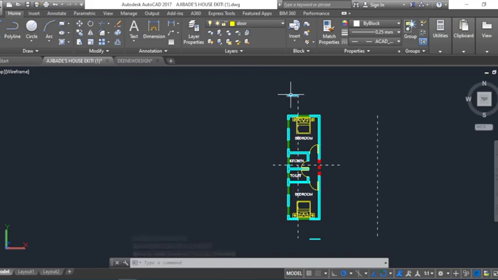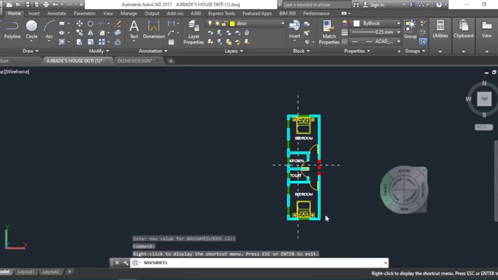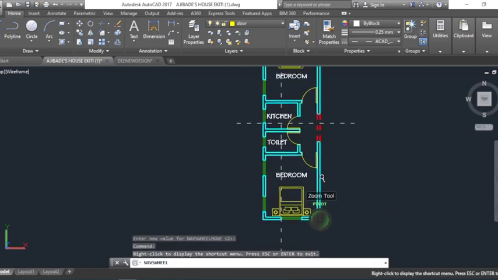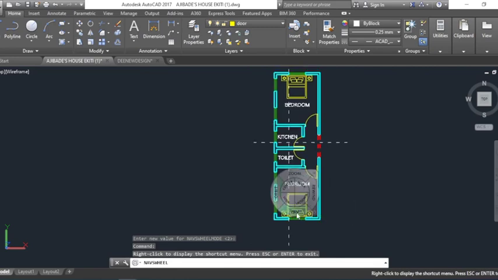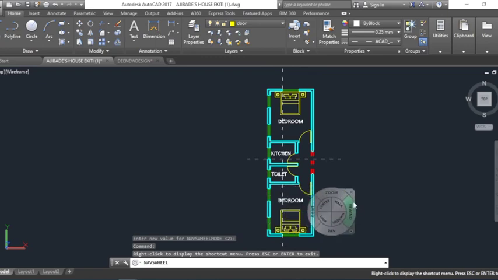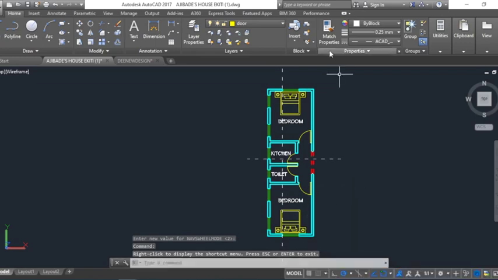what do we do next? So the next thing to do now is we'll just take off the lines that are not needed. Those are just reference lines. So we'll zoom in a bit. Then once that is done,